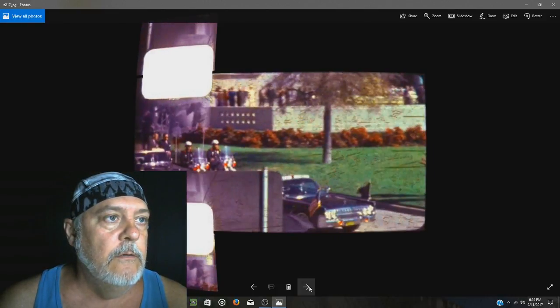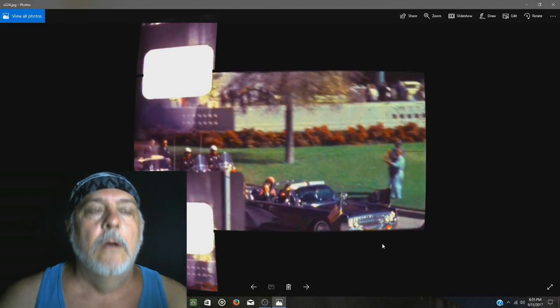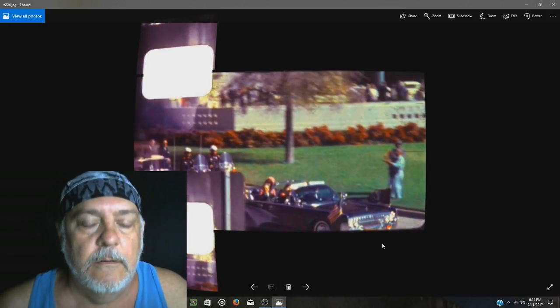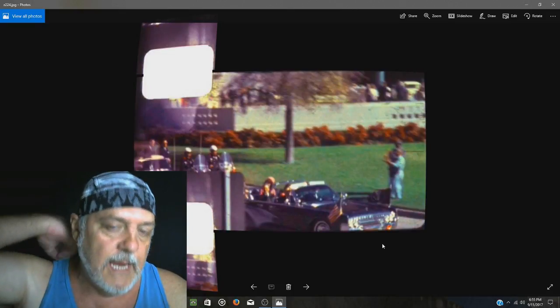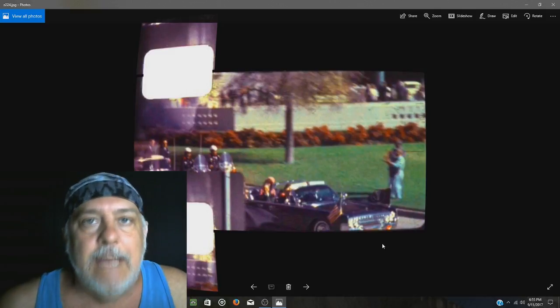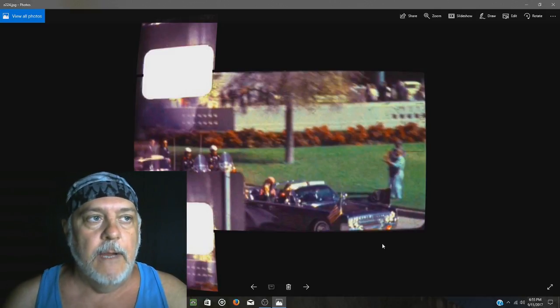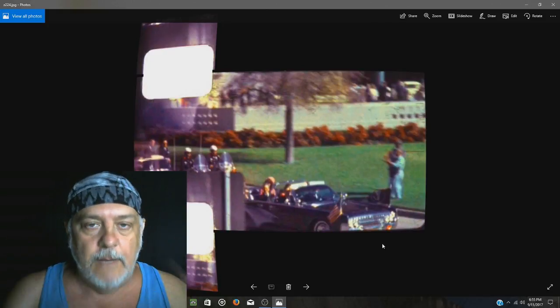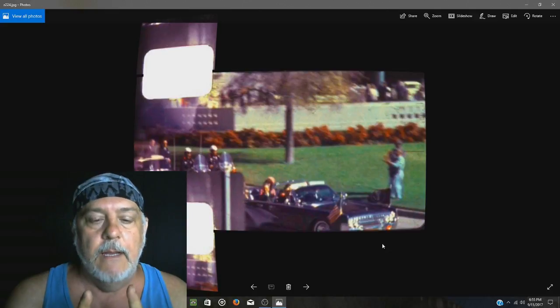Okay, now let's go to frame 224. Oh, back one. Okay, here's when JFK was first shot in the back. This is when a bullet made contact with JFK in his back. I stopped the film because I was watching at normal speed when I did my time frames. After I stopped it at frame 224 at normal speed, I look at the time frame, and the time tells me it was at